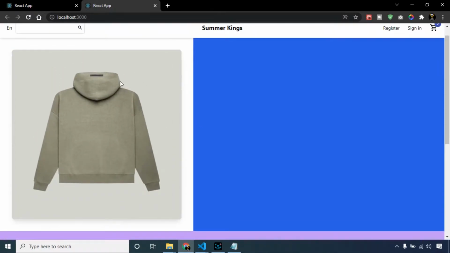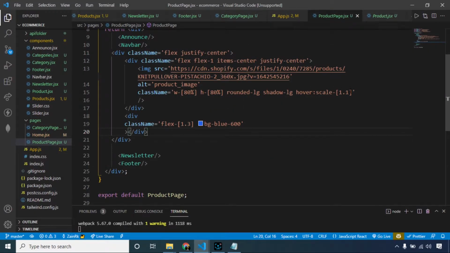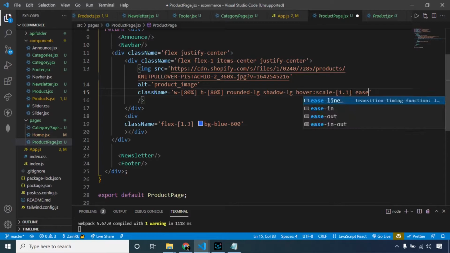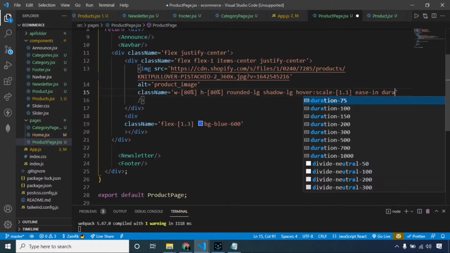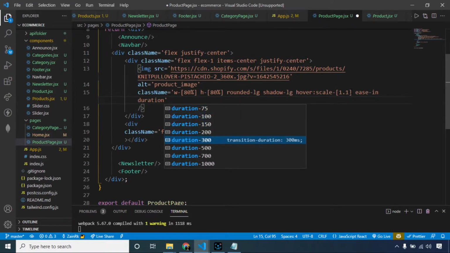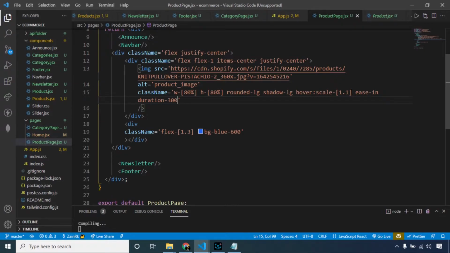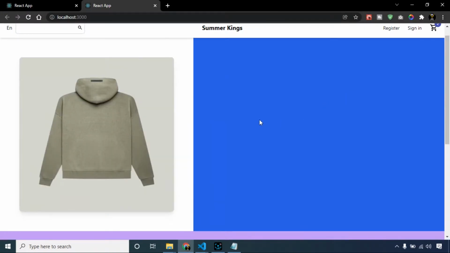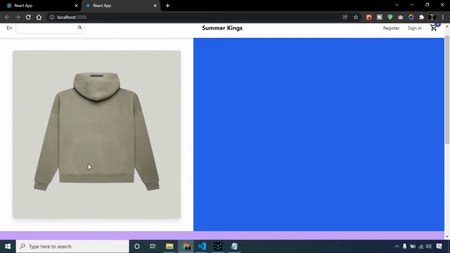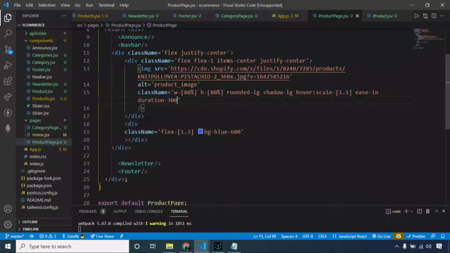Okay, it is looking correct now, but there should be a smooth transition on hovering over the product image. So here I will say ease in, and let's make the duration 300, like 3 seconds. Okay, it is looking very nice now. Let's move on to our details section.